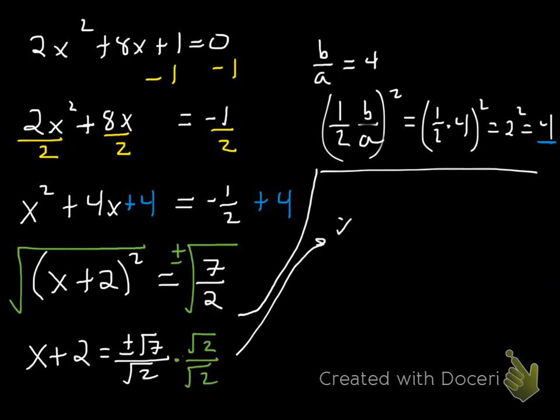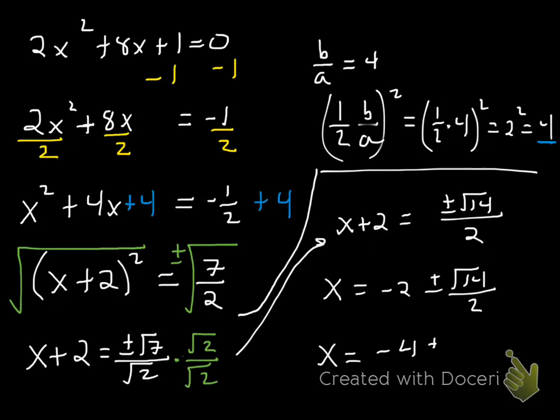Okay, and then we'll come all the way up here. X plus 2 equals plus or minus square root of 7 times square root of 2, which gives me the square root of 14, divided by square root of 2 times square root of 2, which is the square root of 4, and the square root of 4 is 2. Okay, and then we're going to solve for x, so I'm going to subtract 2 from both sides,